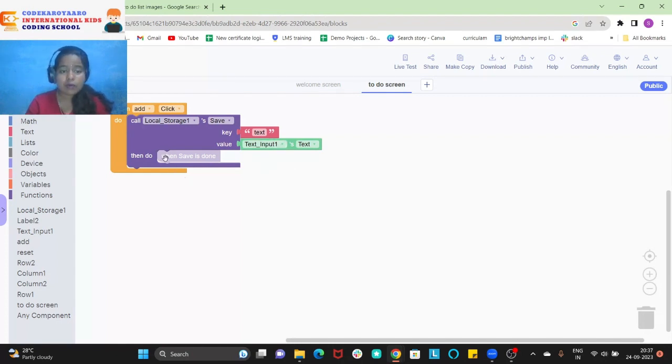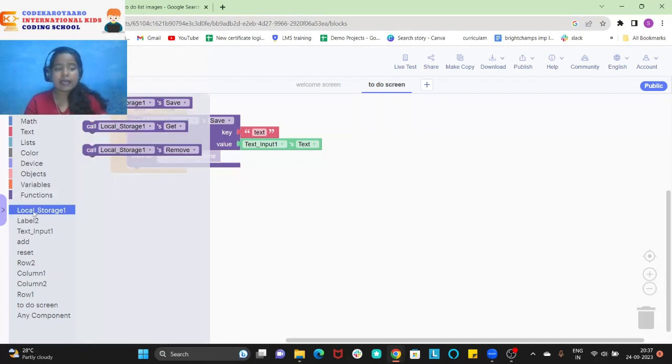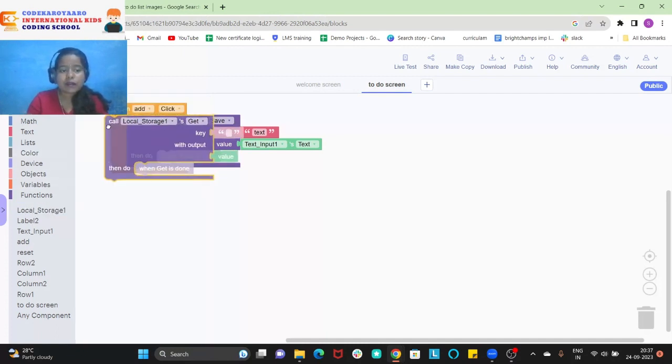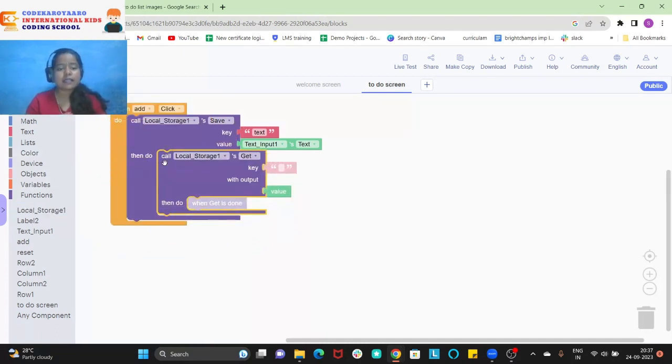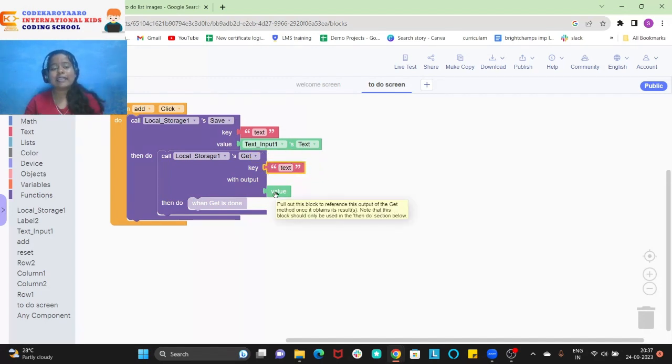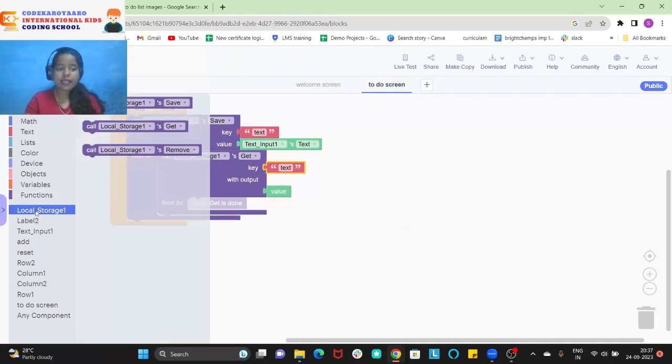Okay, now once it is stored in the local storage, what should happen? Again I will go to local storage and I'm going to get and keep it inside it. Now what should happen? The same thing, I'm just going to duplicate it, the text whichever we have added, and the value will be the data which you have saved. Okay, that is the value. Now what is the next thing? Again I will go to local storage and I'm going to get